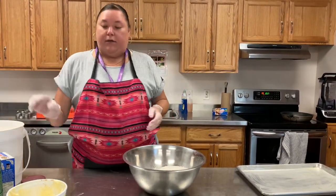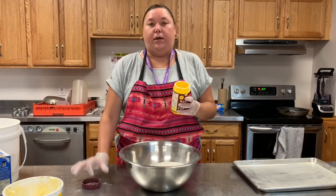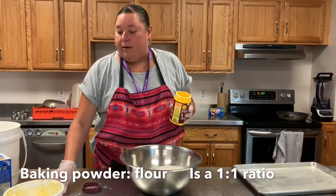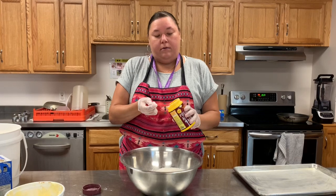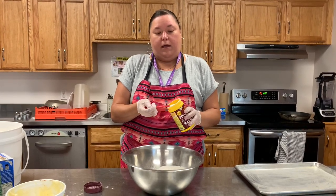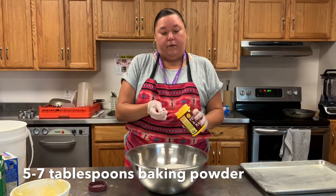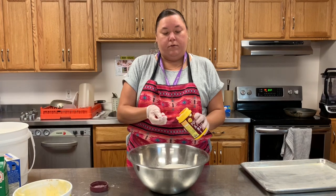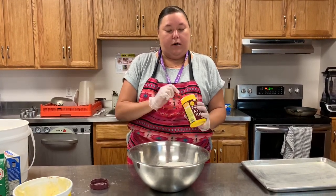So my little trick is I add 1 teaspoon of baking powder per cup of flour. And it could be a little heaping, that's fine. 1, 2, 3,